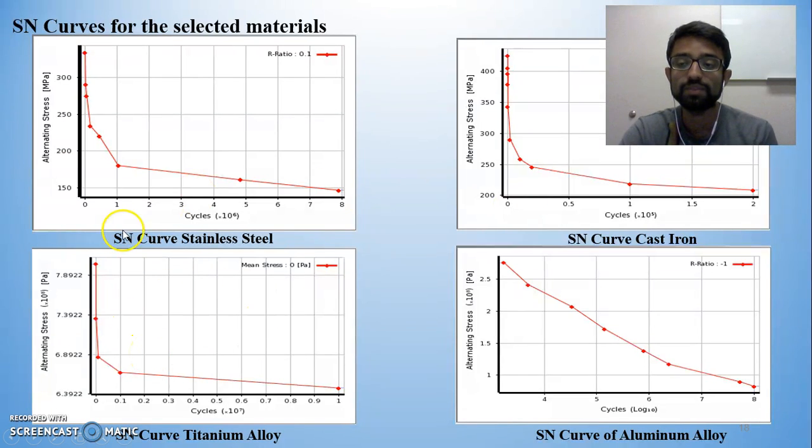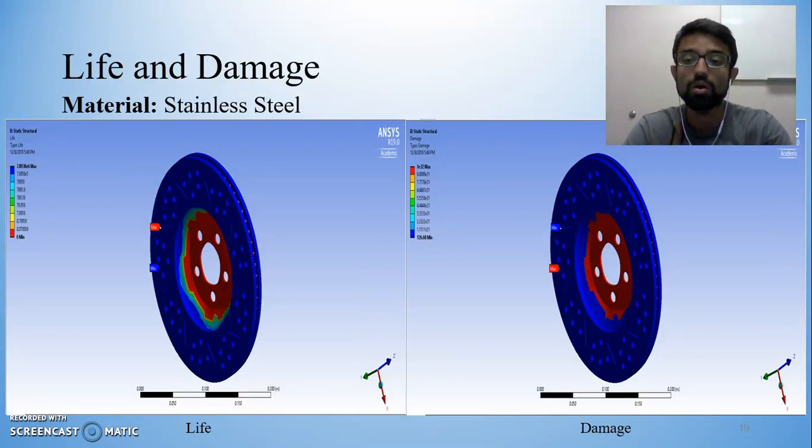As you can see over here, in an SN curve, the S stands for stress and the N stands for the number of cycles. So the number of cycles for which the stress is applied. The SN curve gives you the fatigue limit of a material, beyond which crack propagation would start due to the cyclical loading. Now, using the fatigue tool in ANSYS Workbench, we derive the life and damage contours for the different